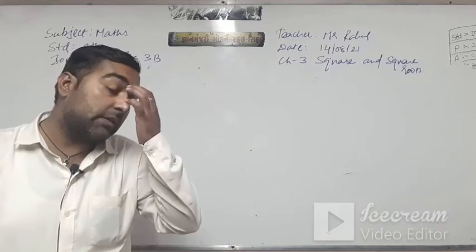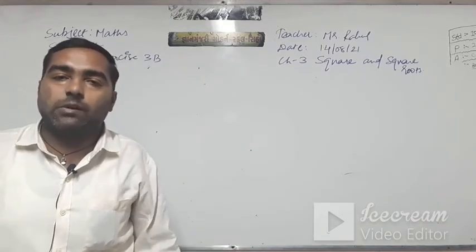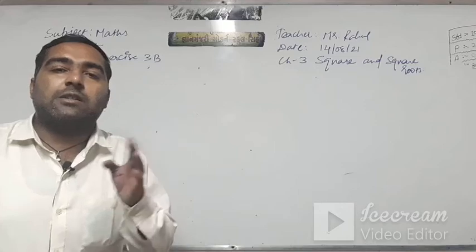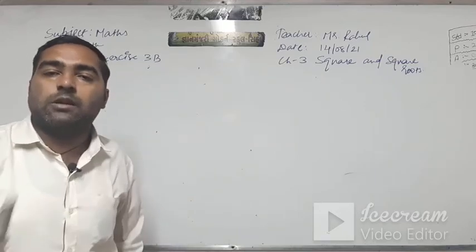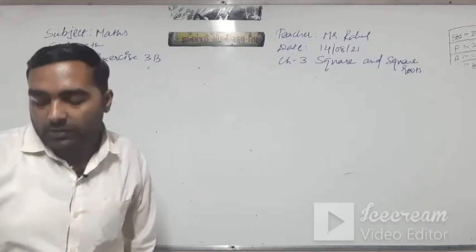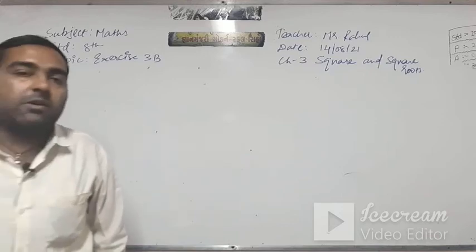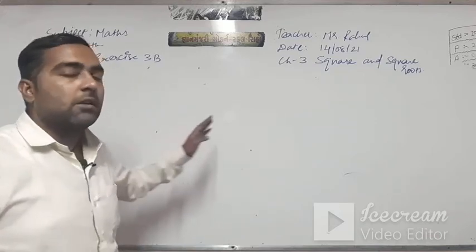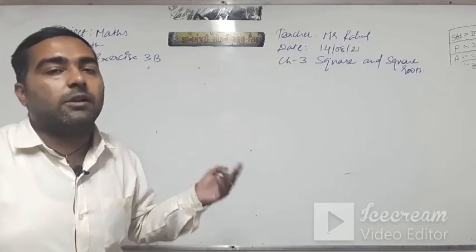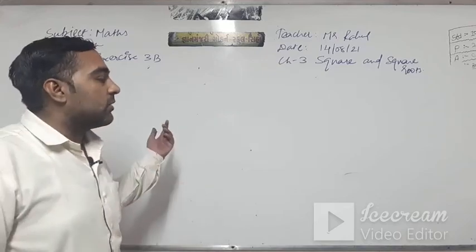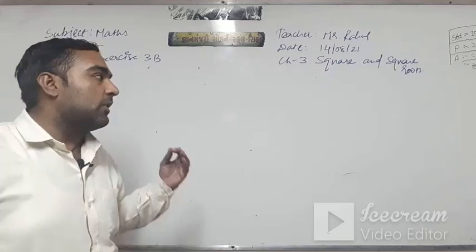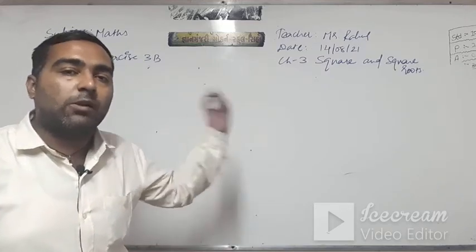So how do we find the square root of that particular number? If I give you 3564, how do we find the square root of this number? We don't know what the square root of that number is, because we have only seen the squares up to 25 or 26. So we remember the square roots only up to 26. After 26 we don't know the square of that particular number, so we don't know its square root.